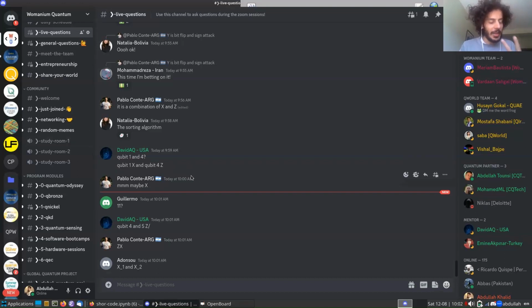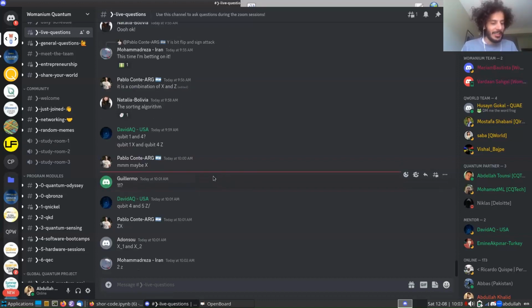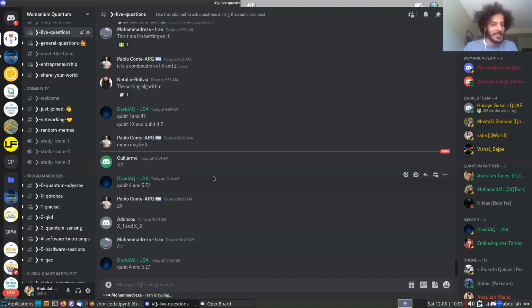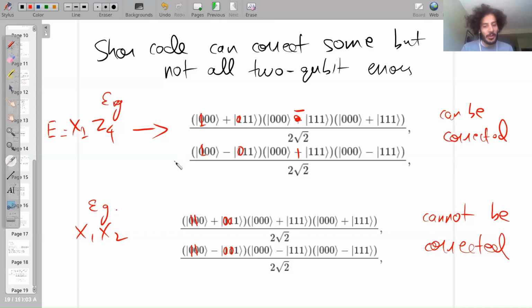So can I do 2-qubit Z errors, Z on both qubits, which will... but which two? Which two will result in an incorrect correction? No, Z on 4 and 5 will not work, because 4 and 5 is actually beautiful. I want you to realize that if 4 and 5 have an error,